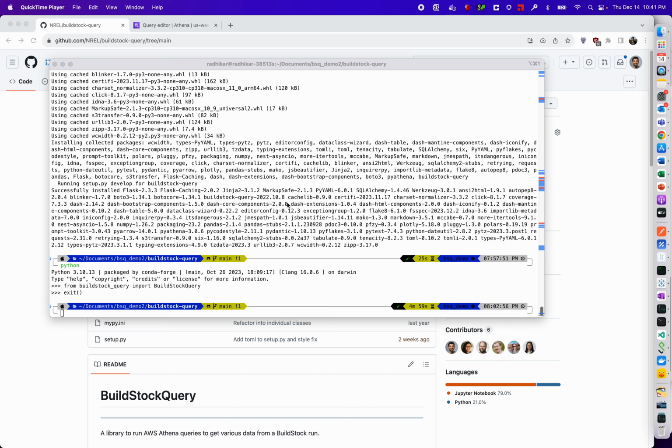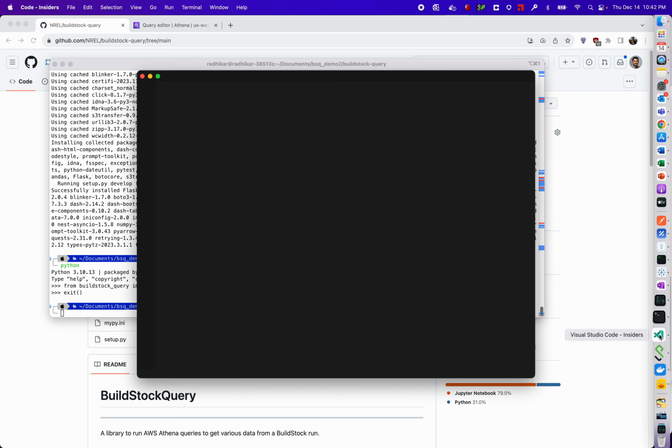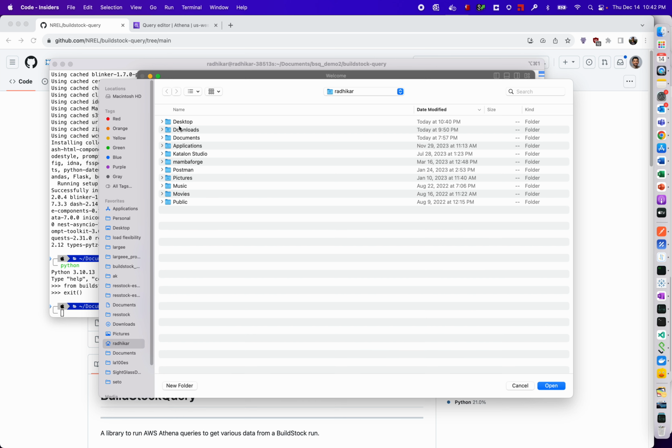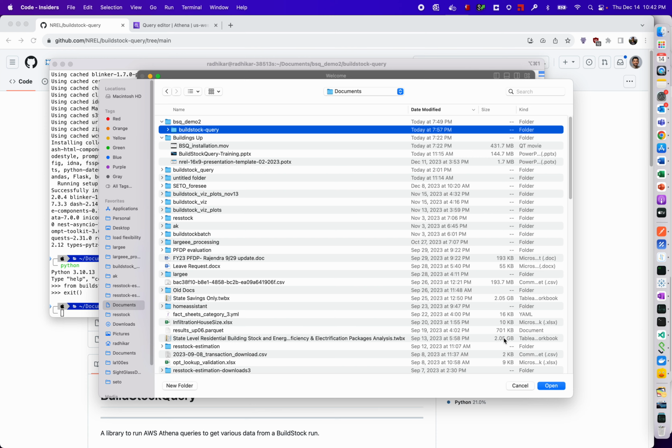Now let's look at how to do some basic query using BuildStockQuery tool. So for this I'm going to use the Visual Studio Code IDE. From here, open the BuildStockQuery folder that we cloned from GitHub,